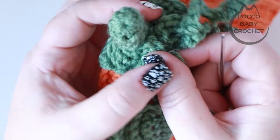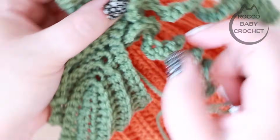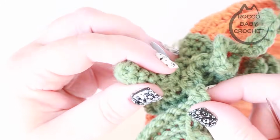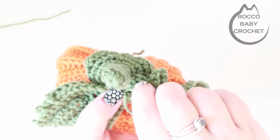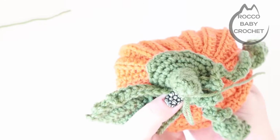And then I just like to sew this just so the stem of the leaf just goes over the vine a little bit and then it sits to the side. So I'll just thread that up through the top there just so I can see where I'm stitching. Just hold it over the top of that curly vine, and again I'm just going to make sure I go through all the layers